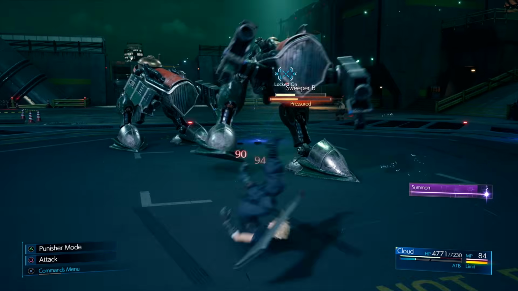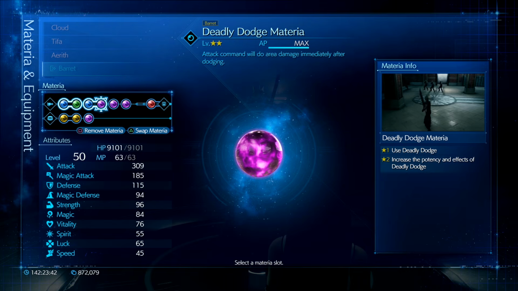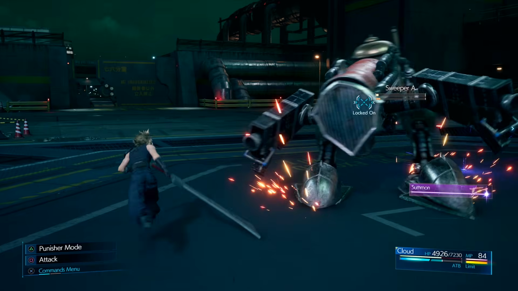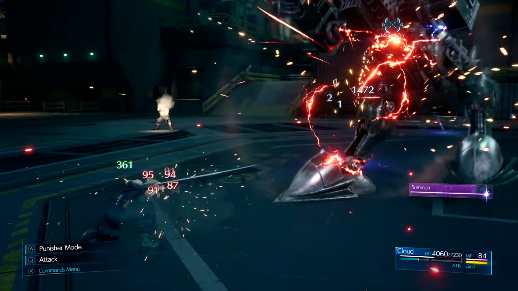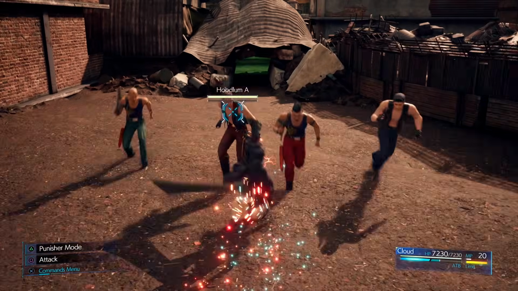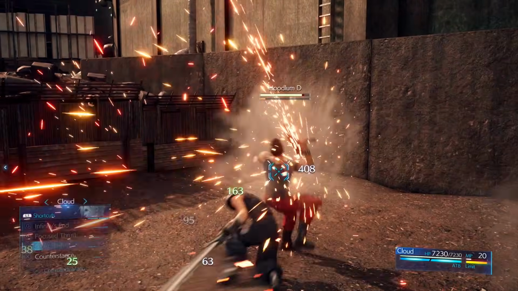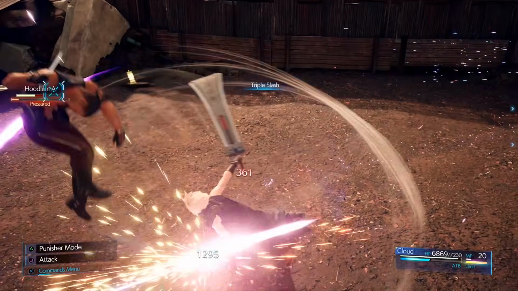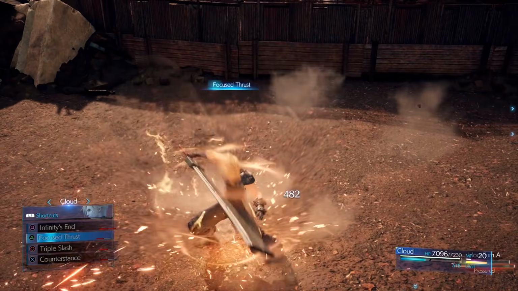Of course, we already talked about a couple of these in previous videos, like the HP Absorption Materia combined with the Deadly Dodge, which makes pretty much all of your Deadly Dodge attacks now heal you for each single enemy that you're going to hit, and this is definitely going to be very useful on hard or pretty much against large groups of enemies where you will hit everybody in one single go. So definitely something that you should pay attention to,